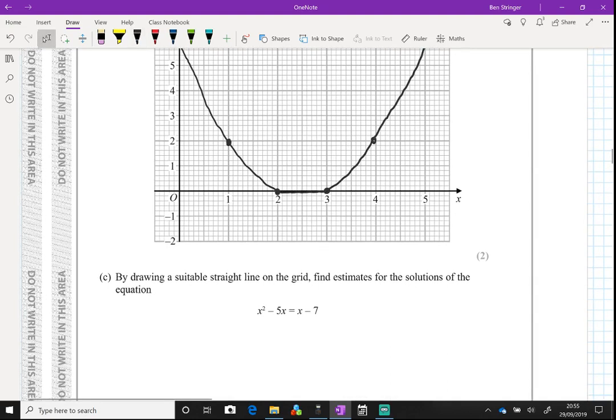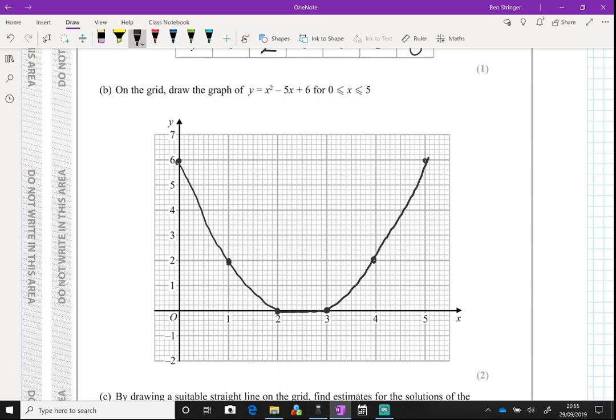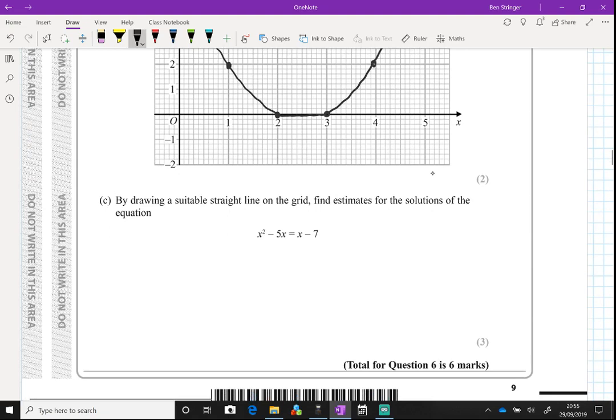By drawing a suitable straight line on the grid, find estimates for the solutions of the following equation. So I've got x squared minus 5x equals x minus 7. Now, generally speaking, when questions are presented to you like this, if you look up, you've drawn a graph here of x squared minus 5x plus 6. So I want a plus 6 on this side. I'm going to put one there. And by doing it on that side, I have to do it on the other side. So I'll plus 6 here. Now I'm going to write it out. x minus 7 plus 6